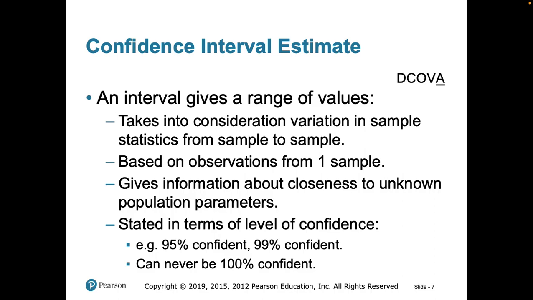So going back to my example where you asked me, hey, what the mean score is, and I said, well, I can tell you with 100% confidence that all of my students fall between 0 and 100. It doesn't really tell you anything, right? It's just useless. That's why it says it can never be 100% confident, because to be 100% confident is useless. But if I tell you with 95% confidence it's going to be between 70 and 90, that'll give you a really good range. Or I can tell you with 99% confidence it is going to be between 60 and 100. Now my interval is wider, but my confidence is also bigger.